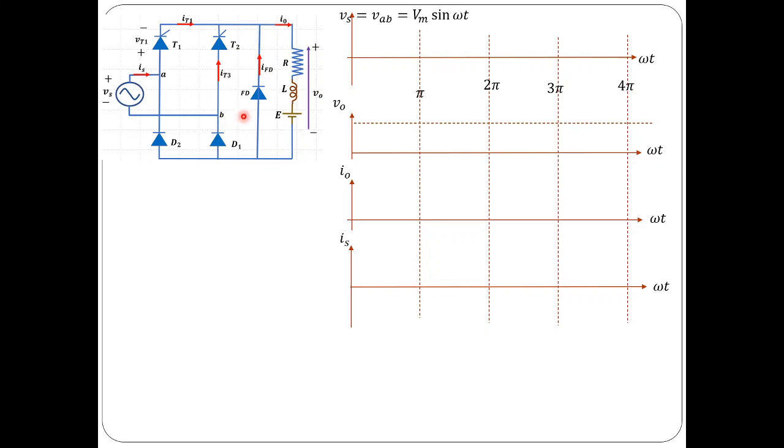Now, the role of this freewheeling diode is to make sure that the load voltage won't become negative. Always, in case the load voltage tries to become negative, this freewheeling diode would be forward biased, and the load current will freewheel through this particular diode. So it is known as freewheeling diode, and this improves the performance of the load.